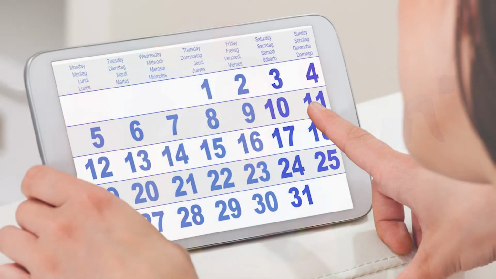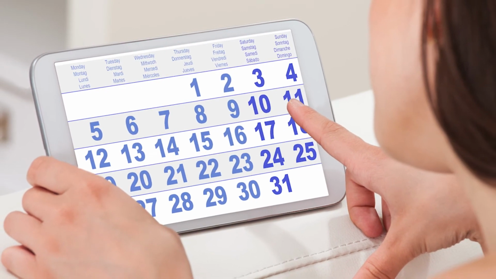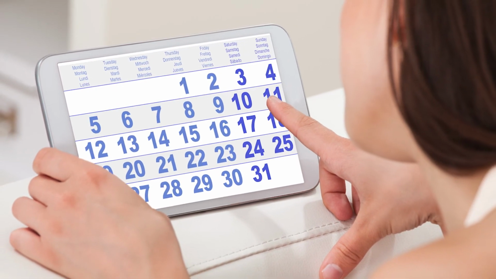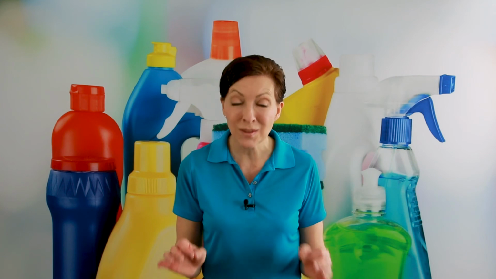So this goes back to, what are the bidding variables? There are lots of them. One of them is, how often do you want your house cleaned? Do you want your house cleaned monthly, weekly, or bi-weekly? Here's a secret for homeowners. If you have the house cleaner come on a weekly or a bi-weekly basis, it's going to cost you less money than if you only have it done once in a while or once a month, because you have all